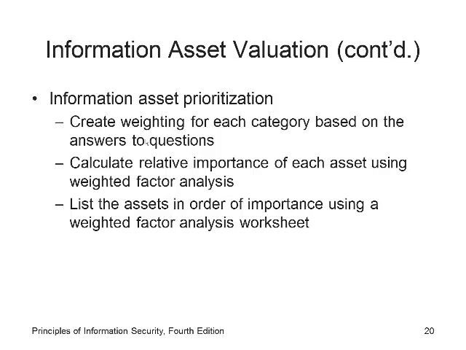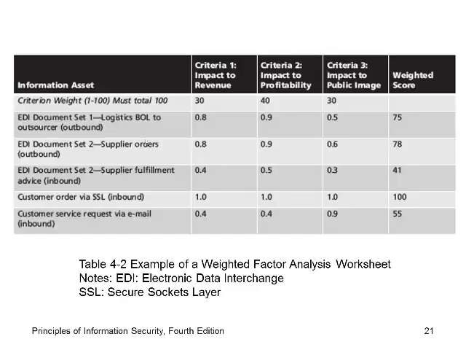Calculate relative importance of each asset using a weighted factor analysis and list the assets in order of importance. So what would be the most important? Here at our school, if I'm thinking generally of the physical assets, probably our computer systems over in IT services are pretty important. Could we live without chairs? Yeah, we could replace them pretty cheaply, but could we live without a computer system? Probably not.